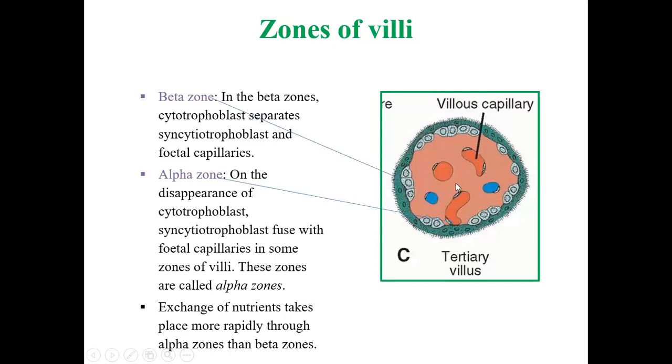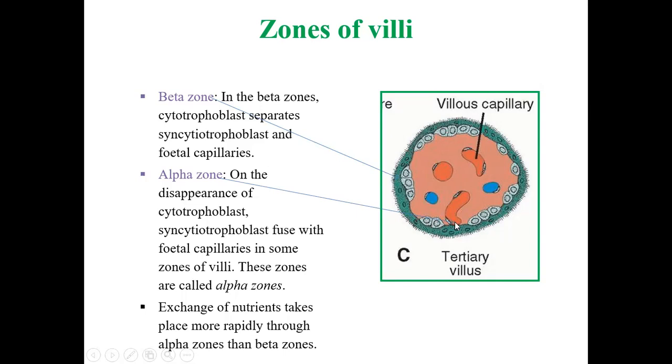This is a tertiary villus. So there are alpha and beta zones. In the beta zones, the cytotrophoblast layer will separate the syncytiotrophoblasts. As the placenta matures, slowly the cytotrophoblastic cell layer will disappear, as in term placenta, to aid the maternal fetal transfusion, or diffusion more correctly. So in the beta zone, cytotrophoblast separates the syncytiotrophoblast and the fetal capillaries, whereas in the alpha zone what happens,